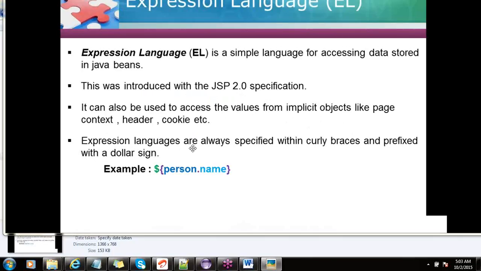Expression language is always specified within curly braces and prefixed with a dollar sign. You can see here, dollar sign, then curly braces, and person dot name. It means person is the bean over there, and from that person bean, the name property we are accessing. So actually what happens here is